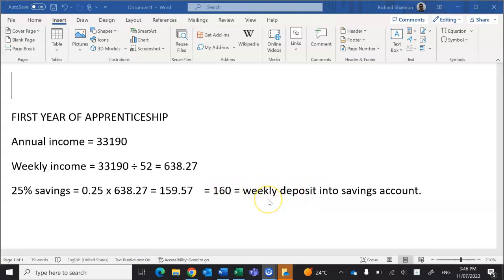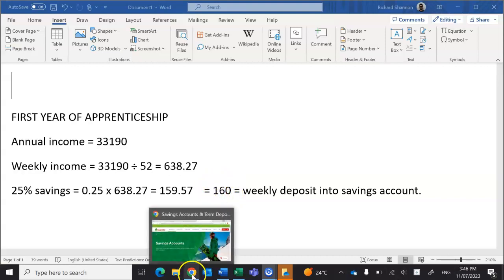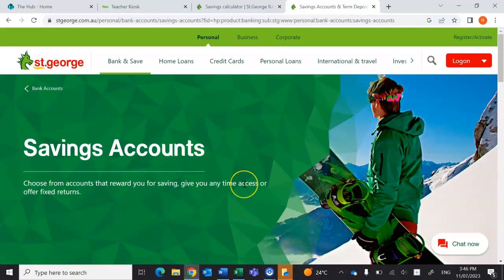So whichever bank you're going to go with, whatever their interest rate is, every week for the first year of the apprenticeship, there's going to be this amount of money going into it. Okay. Now, let's just walk through a particular bank. All right. Now, this is St. George. So if you go into St. George and there's a bunch of stuff going on there, you can,